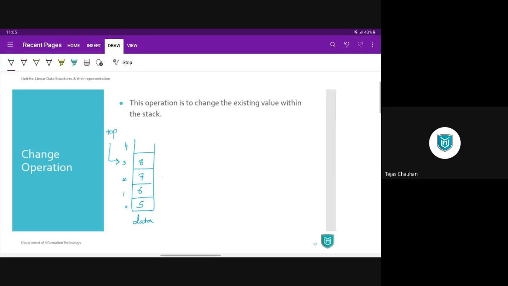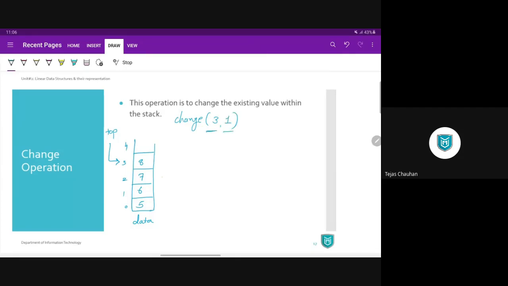Let us assume this. And let's say the user wants to change position number 3 and the new value to be 1.